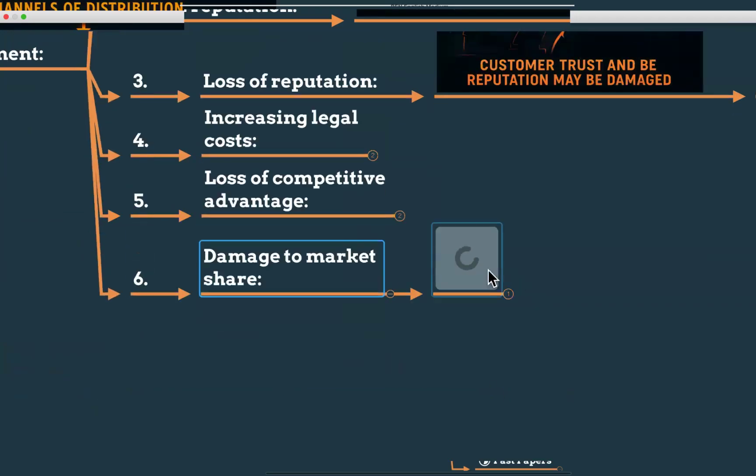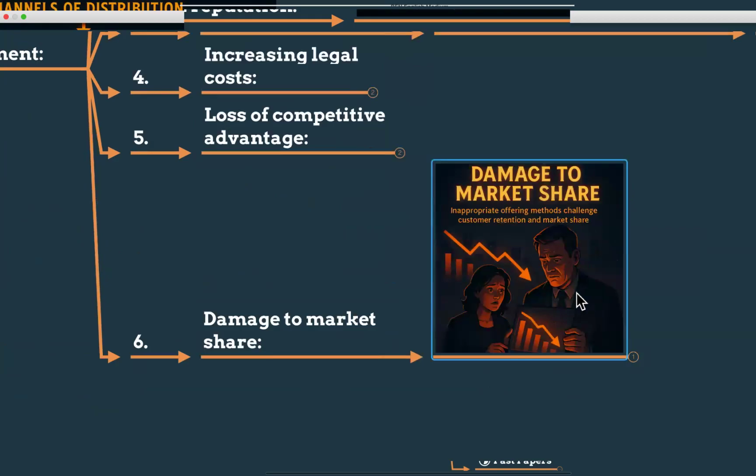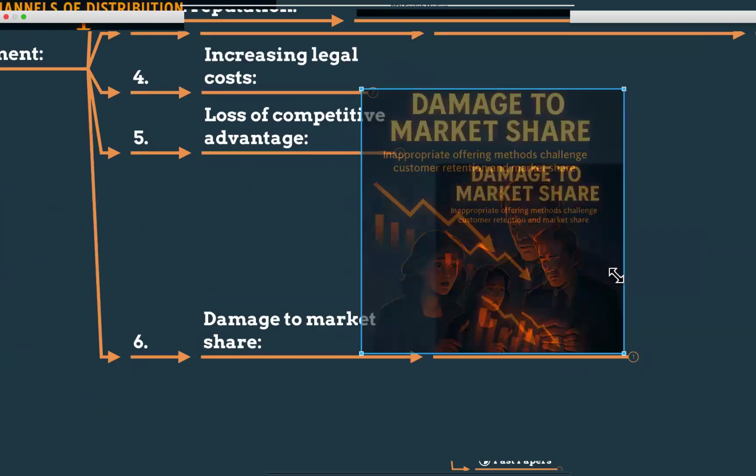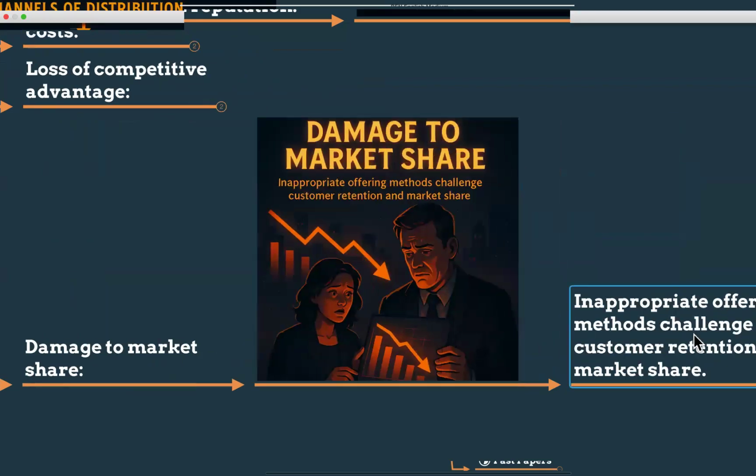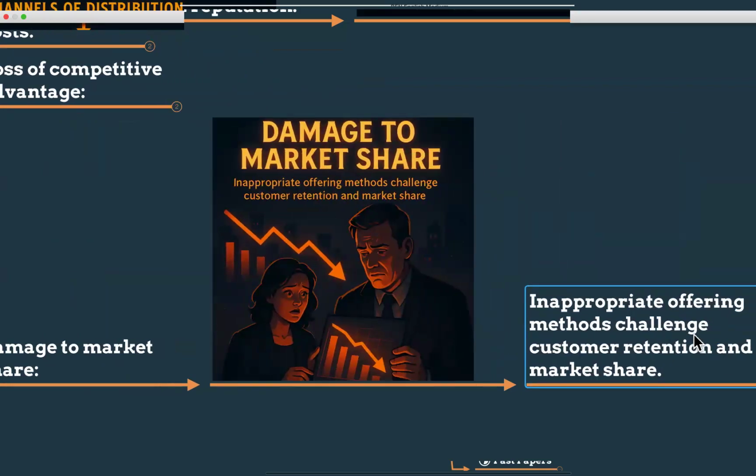At the same time, the damage to market share. Market share means what? The people who are competing for the same customer base. If we have a similar business and the same people want that product, so we are competing. That is market share. So customers switch to competitors. So you will lose your customers. It will reduce the sales revenue. It will shrink your business, not expand it.